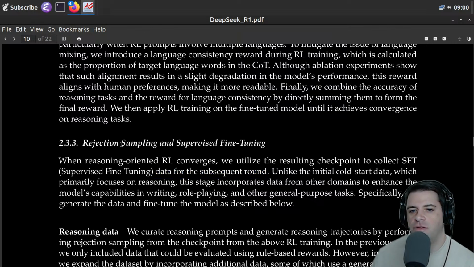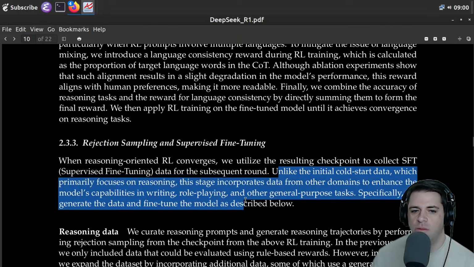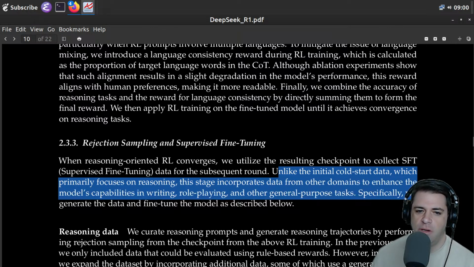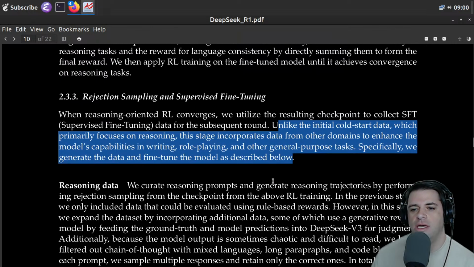They call it rejection sampling. I think they're just basically generating a bunch of results and throwing away the bad ones. Unlike the initial cold start data, which primarily focuses on reasoning, this stage incorporates data from other domains to enhance the model's capabilities in writing, role-playing, and other general-purpose tasks. So it sounds a little bit like they're just taking the best examples produced by the model and using that